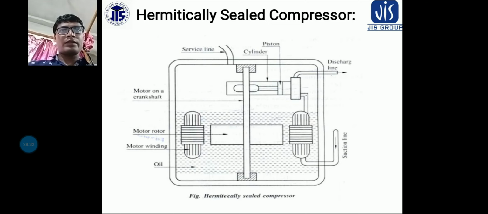The power required per ton of refrigeration is less than that of the open type. This type of compressor can be operated only by AC,